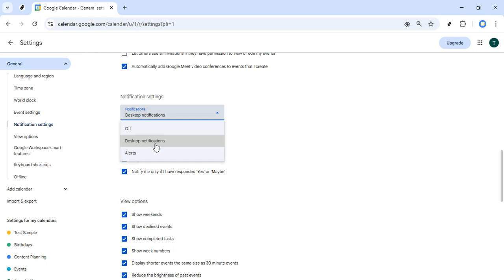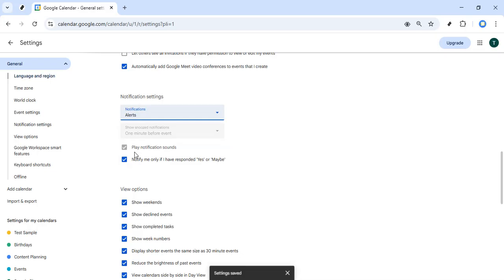Your browser may ask for permission to show notifications the first time you turn this on, so make sure to allow that if prompted. You'll also see an option called Alerts. When you click this, Calendar will show more prominent in-browser alerts for your events. These alerts can be a bit more noticeable while you're using Calendar, which some people prefer if they don't want